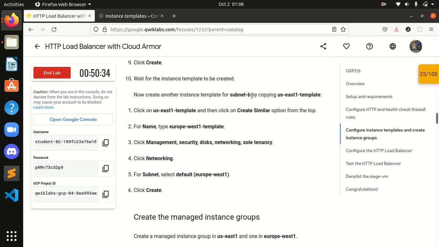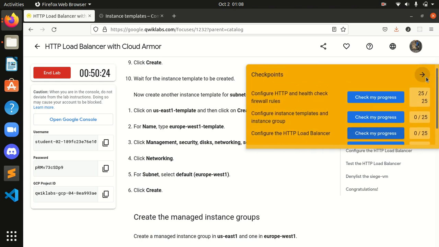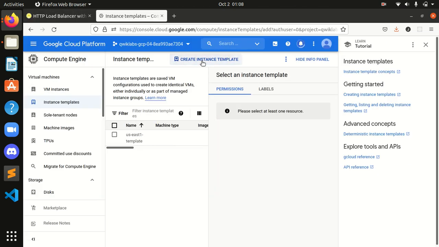Now create another instance template. Okay, we have to create another instance template like that same, guys. Okay, we have to create one more.